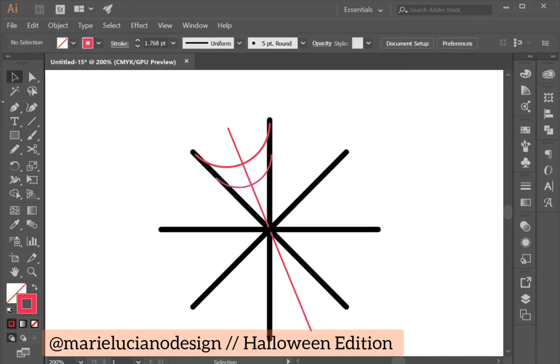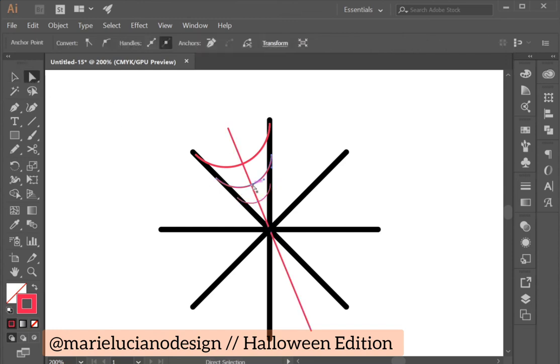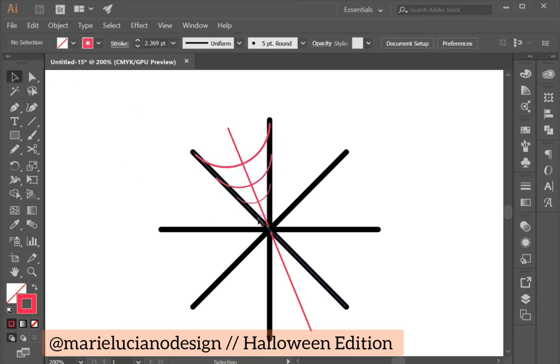And then I'm going to repeat this step one more time by dragging down while holding Alt to make a third copy, and then scaling down while holding Shift and Alt. Once we have all three segments where we want them, and they are not going out of our angle here, they are all three aligned also with the red segment,